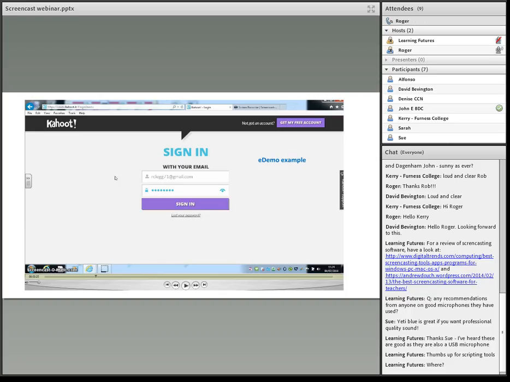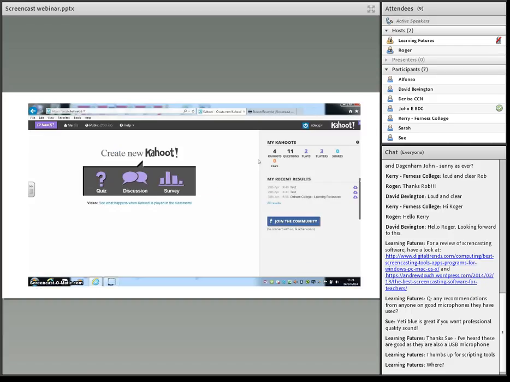Okay, so this is an e-demo example. Again, this is one where I would actually have to type something in. So I'm typing in my email address and also my password, my personal email address. So I can just type that in. Again, it will pick up anything that you type, anything you insert. Absolutely no problem at all from that. And again, this would just be screen 2 of creating that Kahoot.